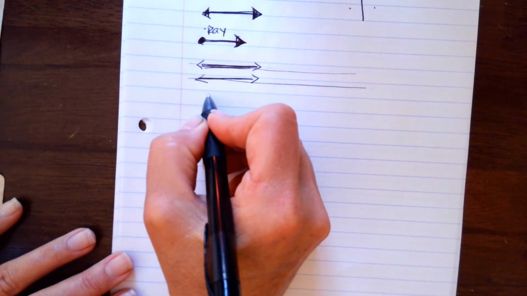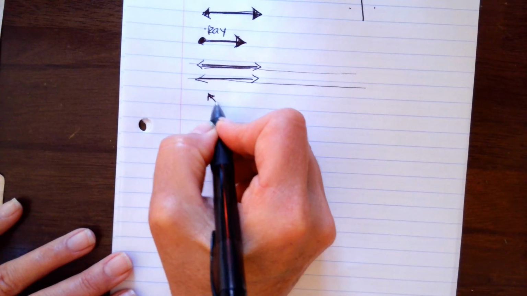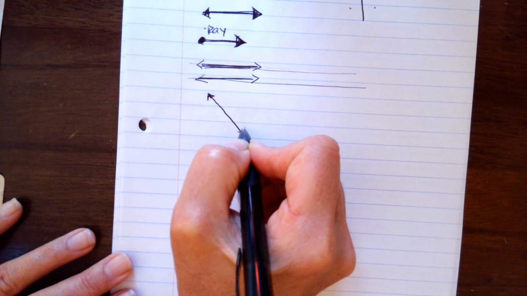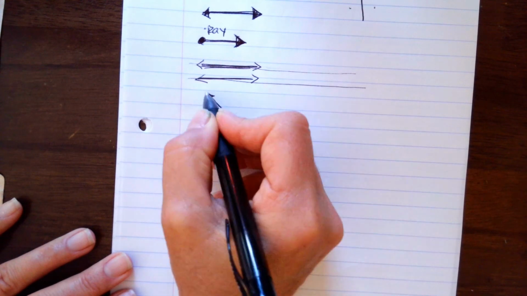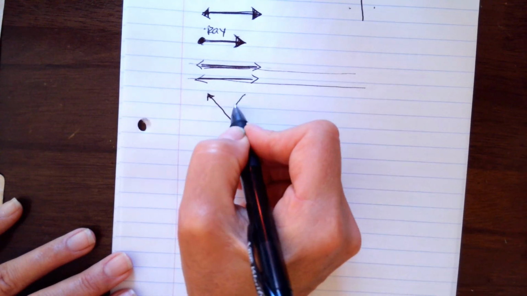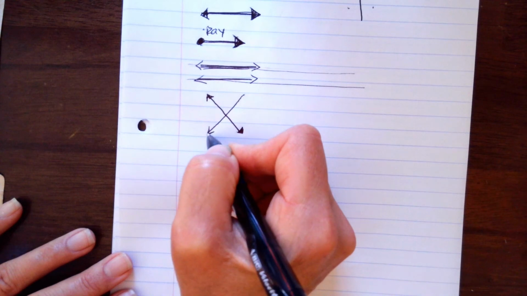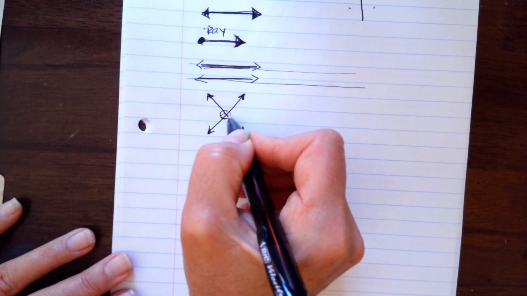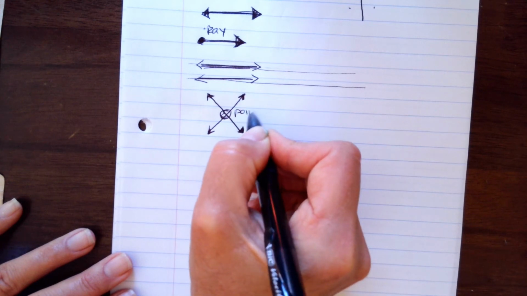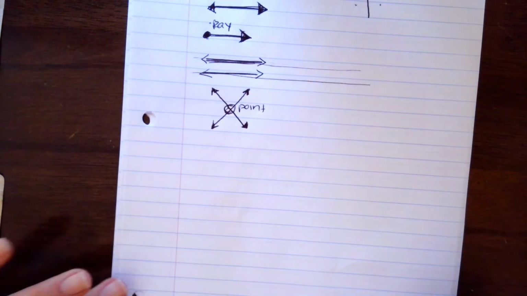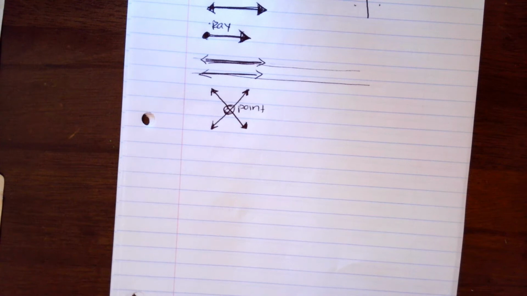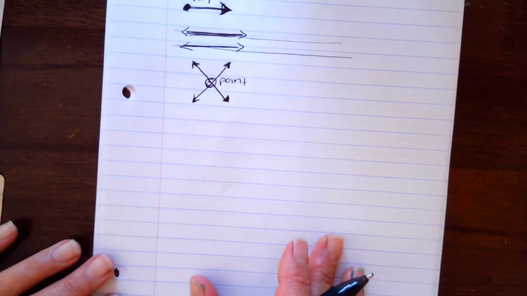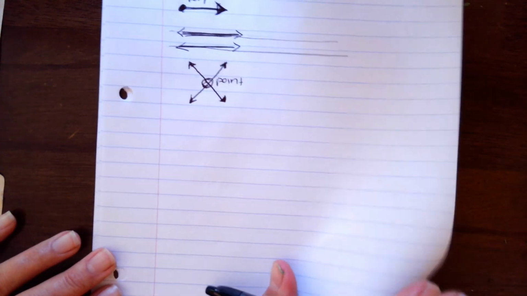An intersecting line is a line that can go as long as it wants, but it crosses another line. And there where it crosses is a point, like we talked about here. Okay,